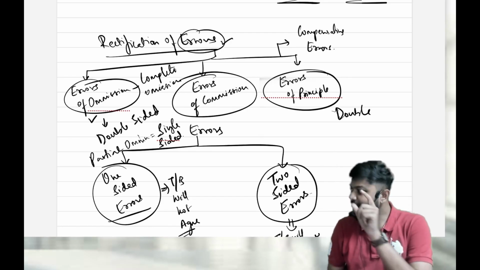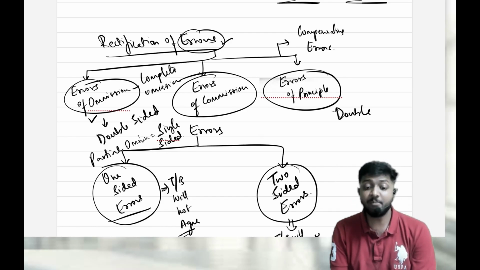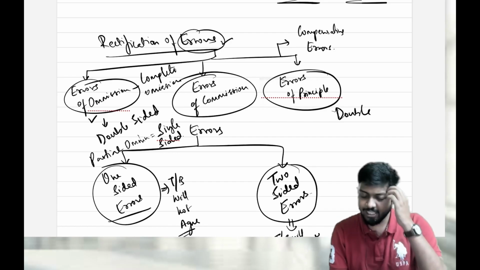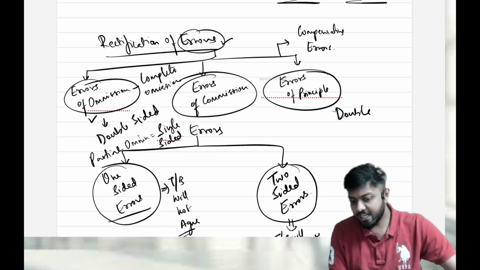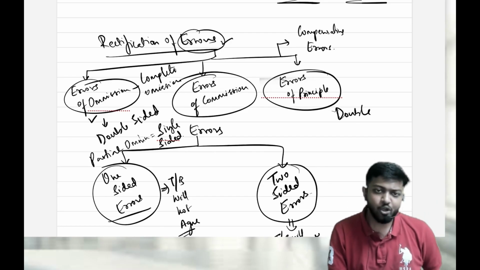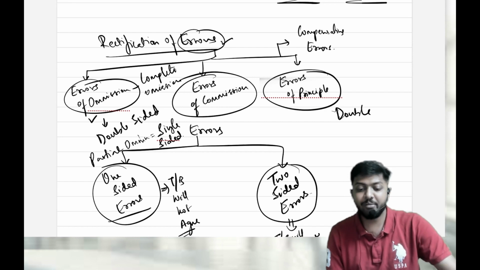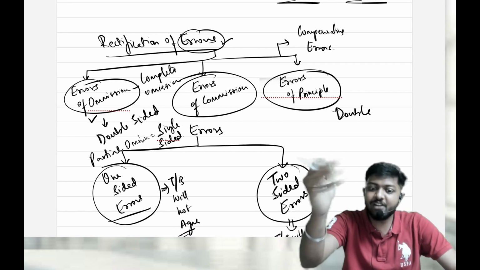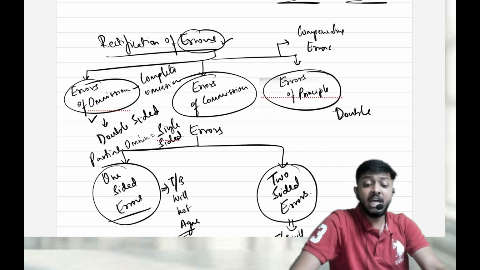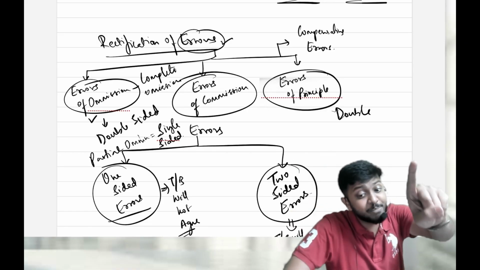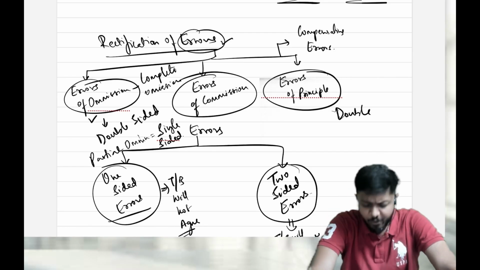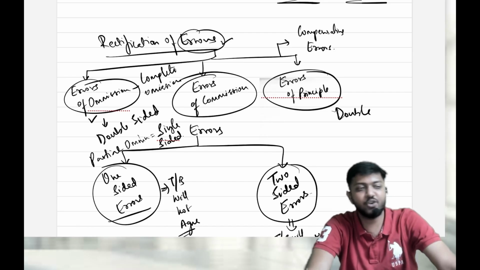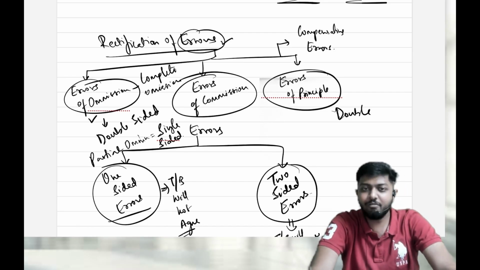No. You can touch purchase account only when you are purchasing something as part of your normal business for the purpose of reselling it. When you do this, those purchases should touch the purchases account. If you have purchased furniture, it's a capital asset to you. You are not the seller of it. Furniture account should have been debited. Correct? No. But you debited purchases account. You applied accounting principles wrongly. You treated a capital expenditure as a revenue expenditure, because if you debit purchases, it is a revenue expenditure. It's an expense account. It will be wrong. So in these cases it will be errors of principle.